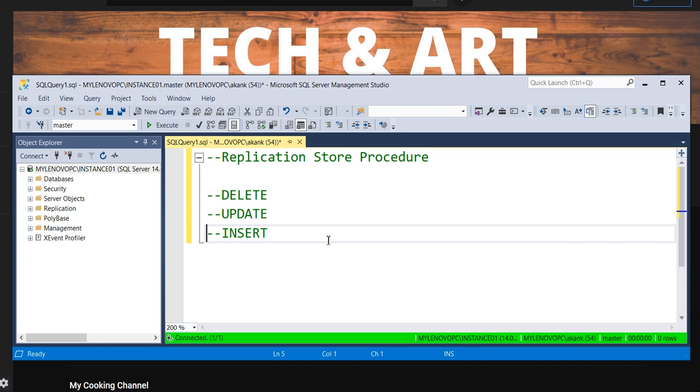Okay, so I'm going to tell you the best approach. I'm going to tell you two approaches for this scenario, but which one is the best I will tell you at the end of the video, so that whenever you want to perform this activity, you go with the correct approach.